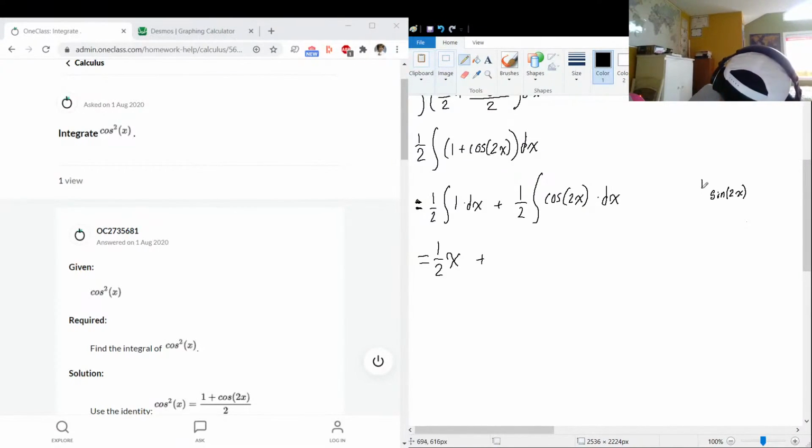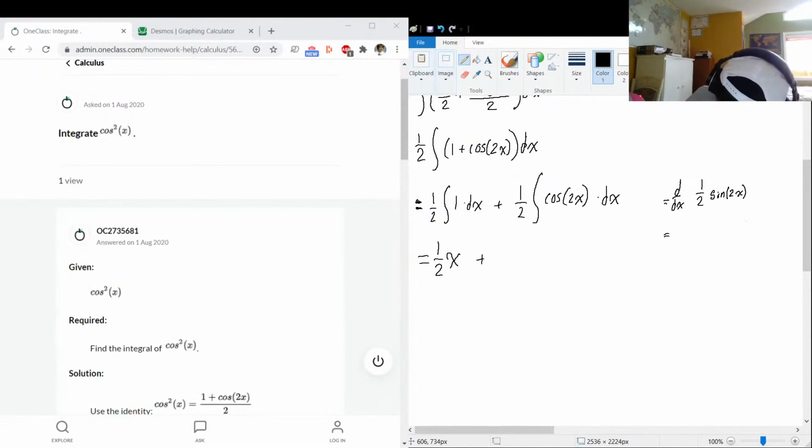What if we were taking the derivative of 1/2 d over dx of sine 2x? When we take the derivative, the 2 that we have to multiply with because of the chain rule is going to get neutralized with the 1/2 term, and our result